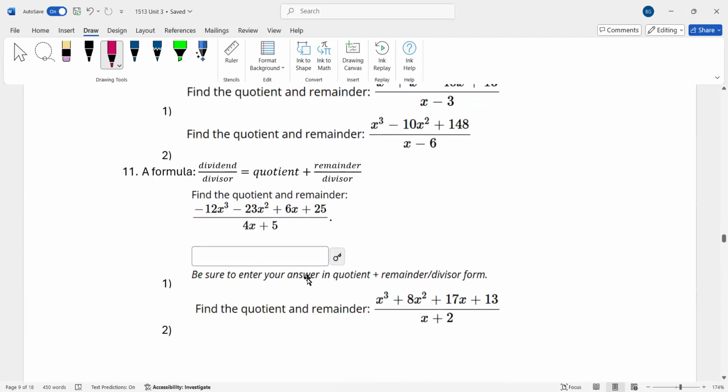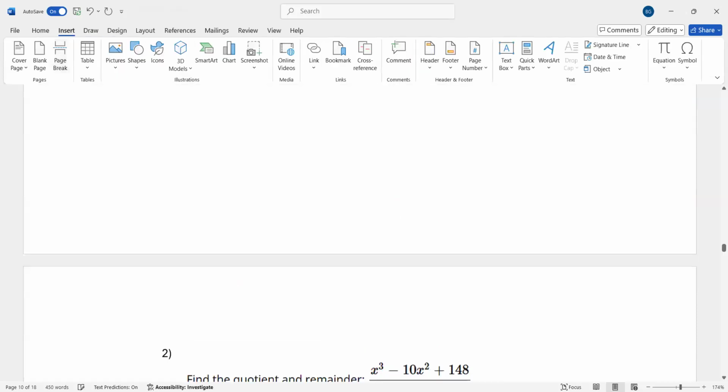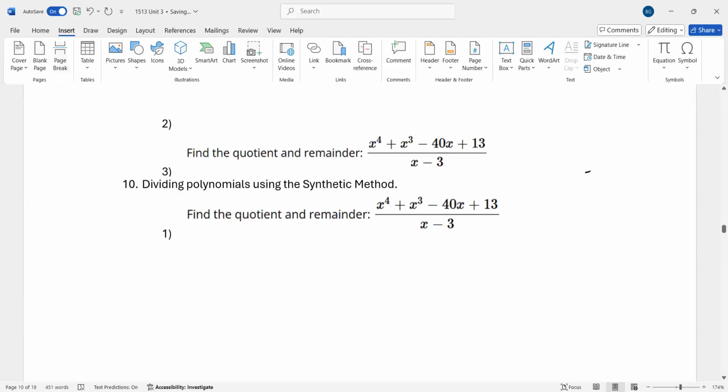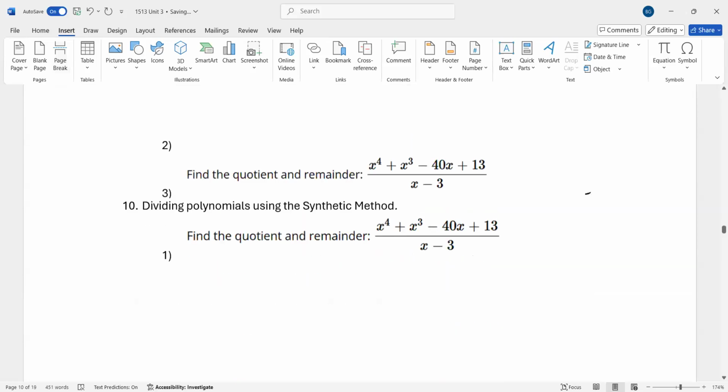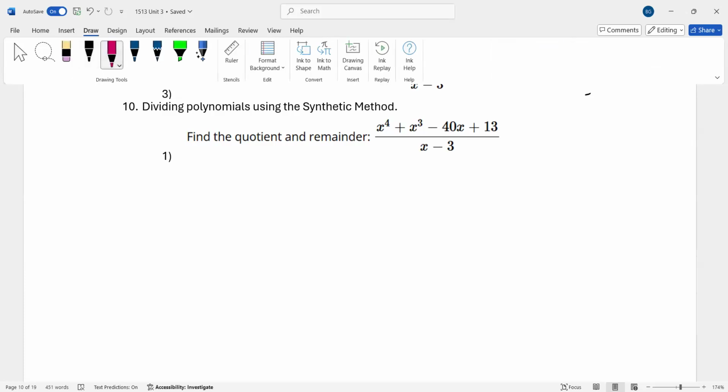The second method we're going to learn is called the synthetic method. The long division method is good, but it's very challenging for some people. So we have a better method. It's called the synthetic method. This method is very easy to apply once you grasp it. But the disadvantage of the synthetic method is that it only applies